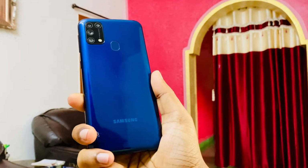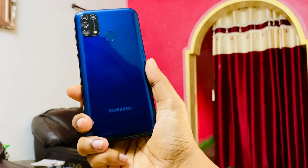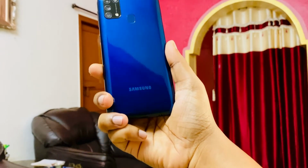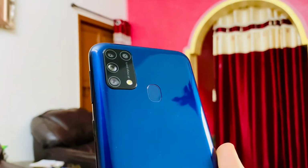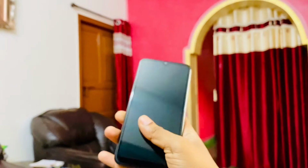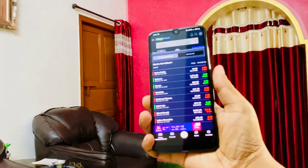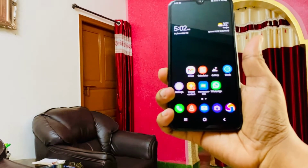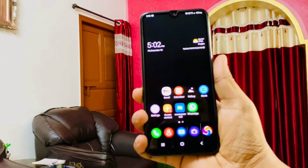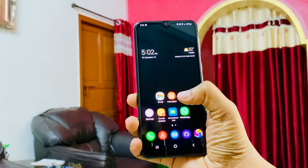I know I'm late to the party, but let's see how the phone has held up. So basically, this comes with a Super AMOLED screen of 6.4 inches. It's a 1080p resolution, nothing so great, guys. But it is one of the very few phones which is available with the Super AMOLED screen, and it is available for around 15,000. So as you can see, the display is phenomenal, guys, and I've been using this phone